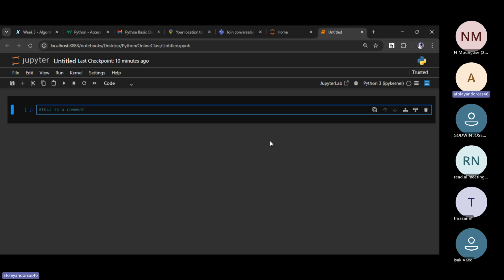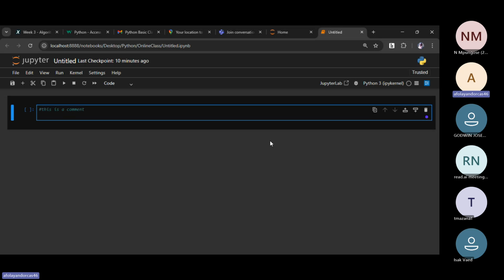Then we have variables. We talked about variables that we use for storing values. Let me say a equals 5. So this is a variable. I create a variable A that stores a value 5. Then we talked about data types, that a variable can store different data types.